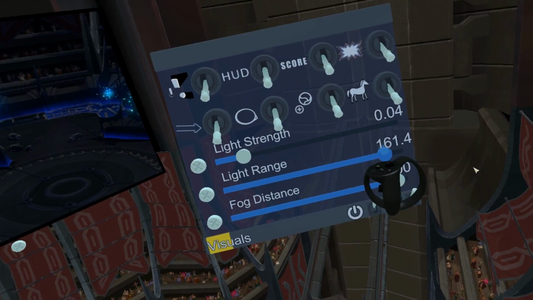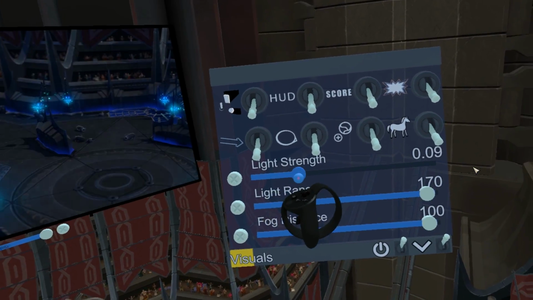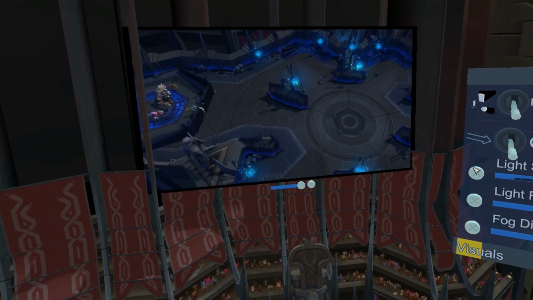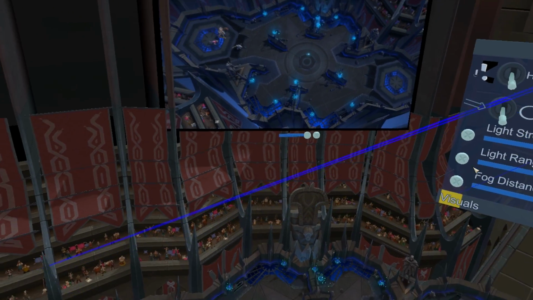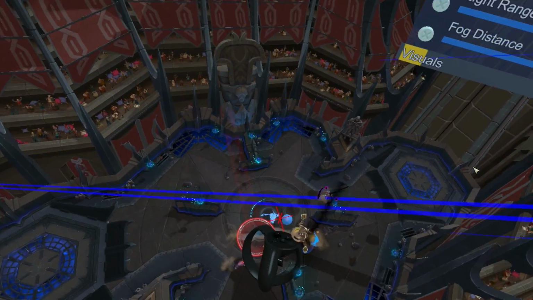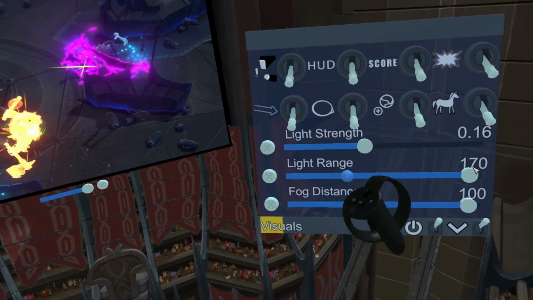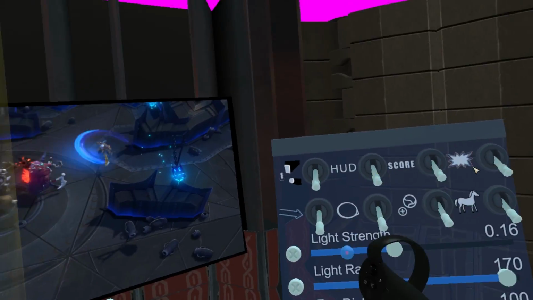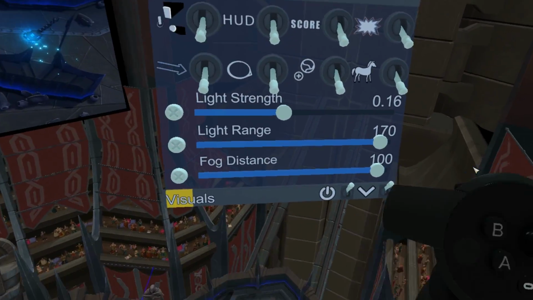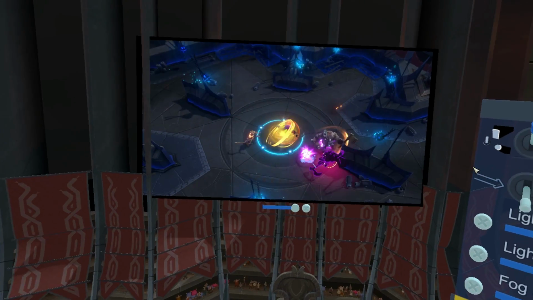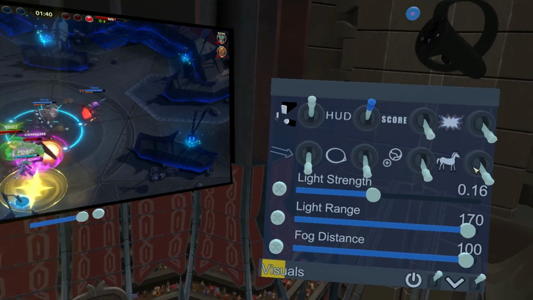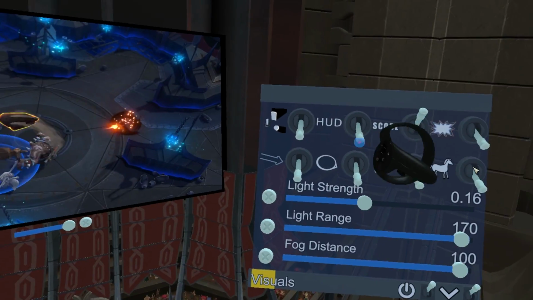These values are normally, you just max out light range and you have light strength somewhere where it looks like you want it to look. So you have an even flow of light over the whole map. Because when you play Batterite, it's not evenly lit normally. Then we have a whole bunch of switches here. They turn on and off different visual elements of the game. So let's just go through them. First off, Fog of War, then HUD on off, and scoreboard,